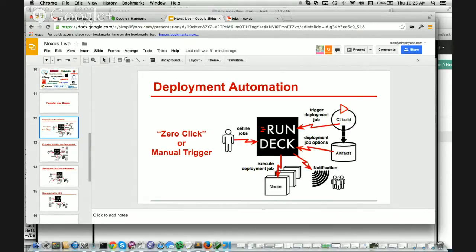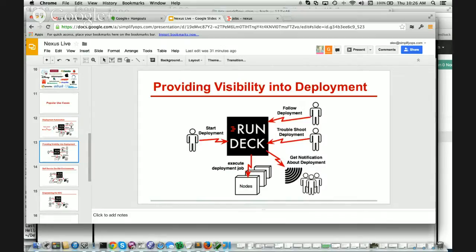manage the deployment process, but folks also want to use it manually. They want to be able to run that same process by hand, so they can just go to RunDeck and tell it to deploy something, or redeploy something, or reconfigure something. Deployment automation is always the top concern. The next one